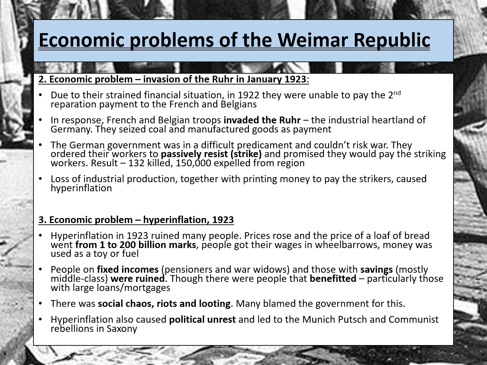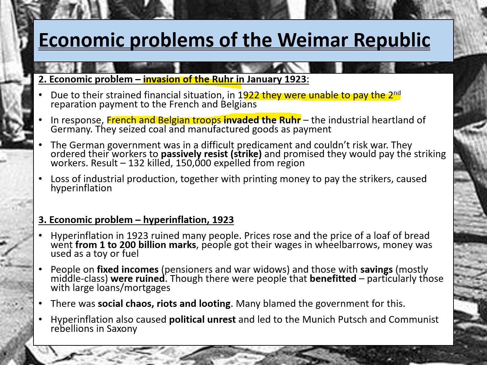The second economic problem of the Weimar government was actually the invasion of the Ruhr. Now, if you remember, the invasion of the Ruhr took place in January 1923, and the invasion took place because the Germans had basically paid their first payment of 50 million to the Allies, and then basically in 1922 they were unable to pay their second reparation payment, and of course this then meant that the French and Belgian troops invaded the Ruhr. Now, it's important that we understand that this was completely legal according to the Treaty of Versailles.